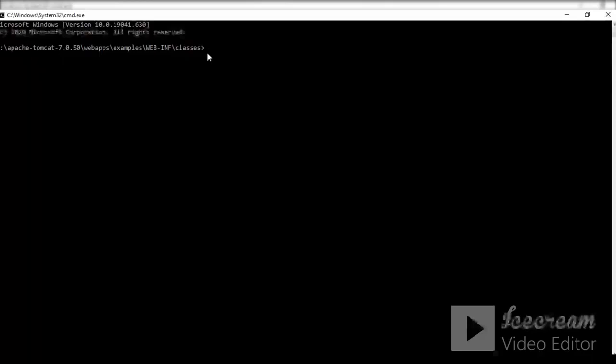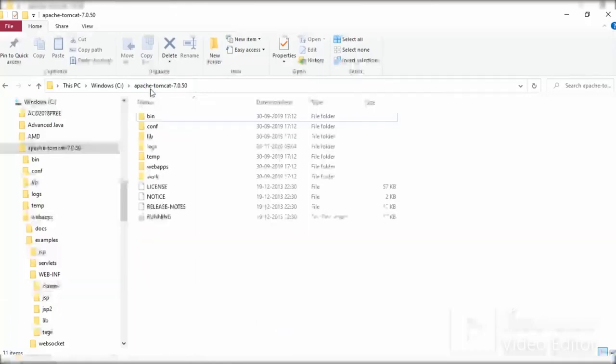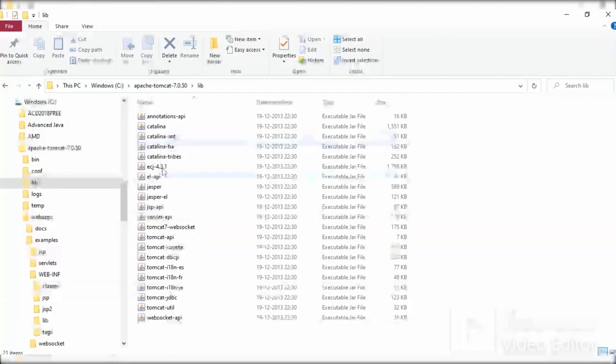Before compiling, you should set the class path of the jar file. Which jar file? For this path, you should click on Apache Tomcat lib. In this lib, the servlet-API file.